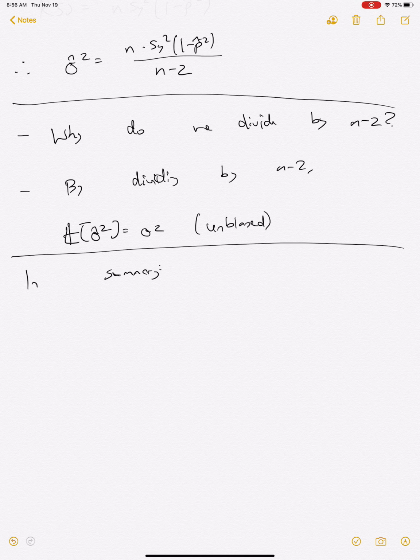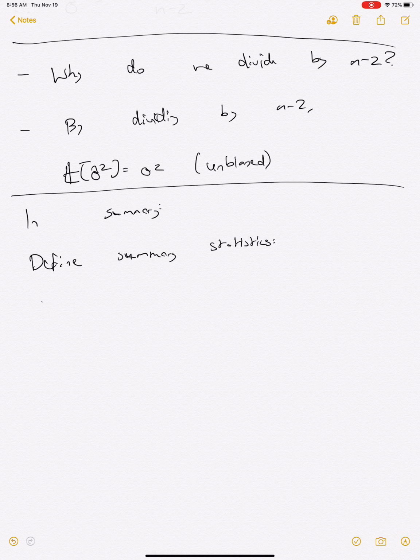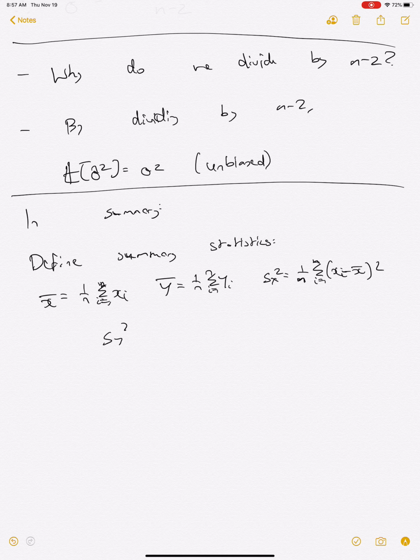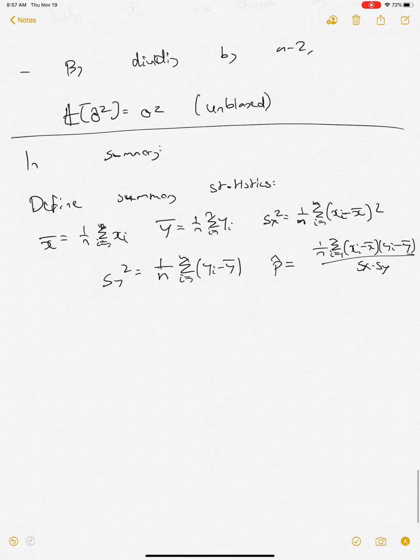So if we define the summary statistics, so these are the population variances, and then of course the correlation coefficient, then we have that